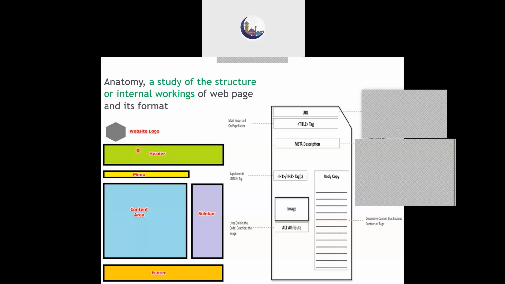For example, in case of GIOE, it will be Government Institute of Electronics, Secunderabad. Then you will have a menu below which lists the various other web pages available, clicking on which you can move on to the next pages, or we call it navigation. So basically the menu is a navigation bar for us.